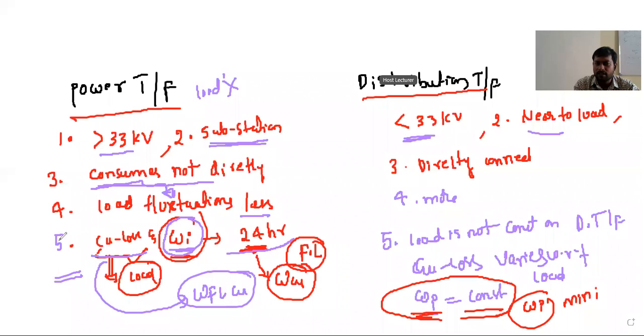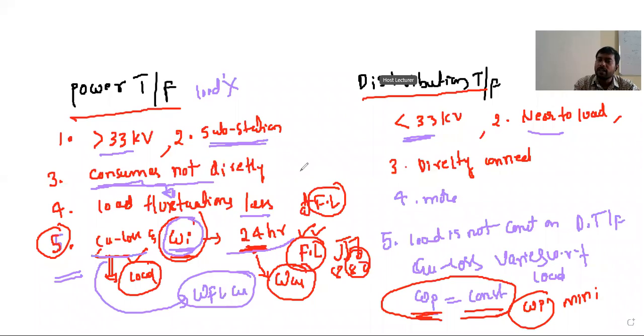So I forgot that one. I said a different explanation for this fifth point, but that is wrong. The load on the power transformer is always full load. I already explained: 8 hours one load, 8 hours one load, 8 hours one load will be disconnected. The remaining two loads will be fully connected. That's why the power transformer always operates at full load.